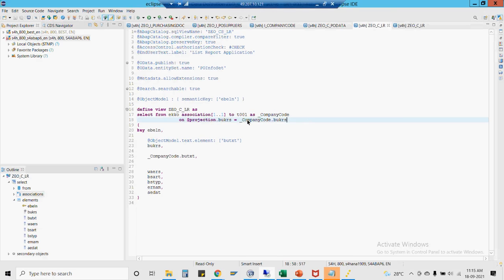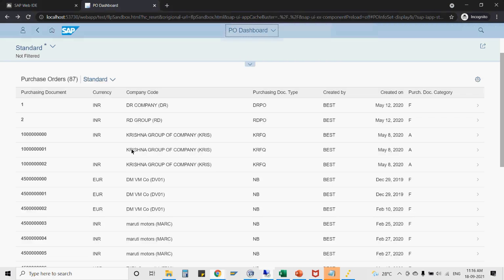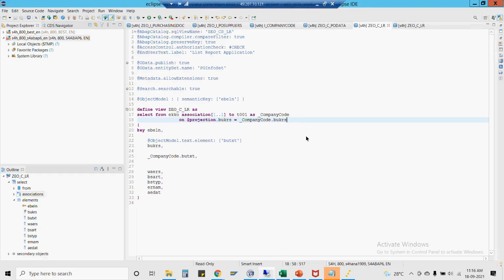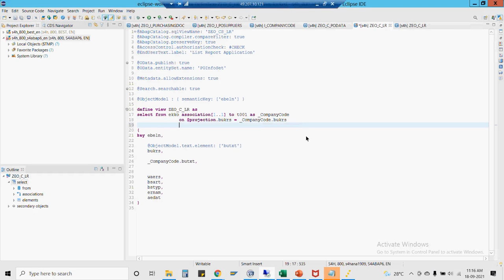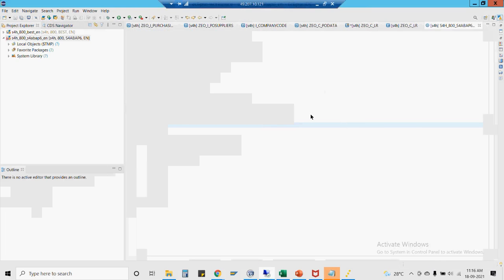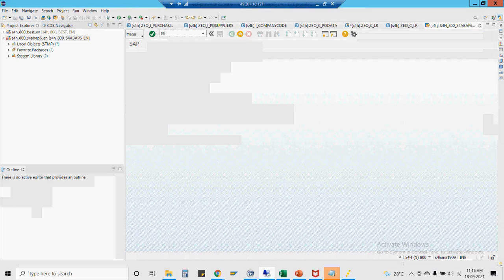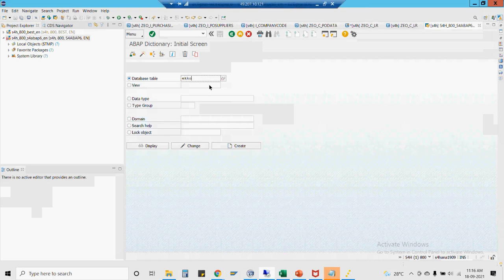What is that foreign key association based value help? So if you see, when I say WAERS, what is that? It is a currency key. Now, when I say it's a currency key, then there would be a master data which might be having all the possible values, INR, Euro, and everything. Okay, so what is the particular base table for that? For that particular company code table,